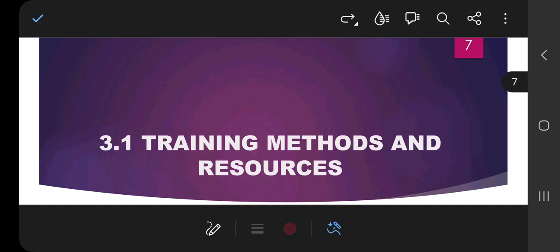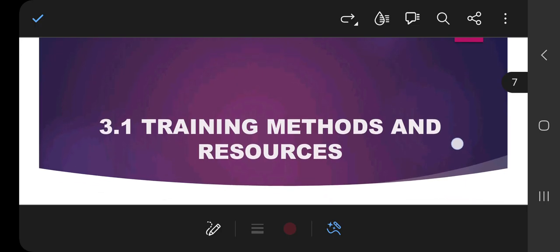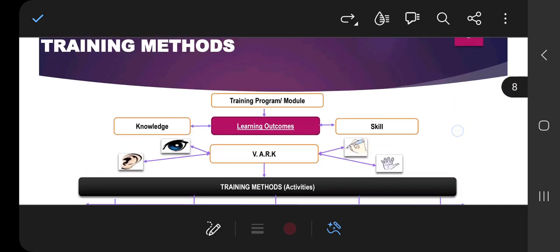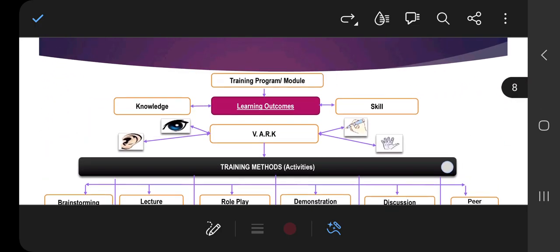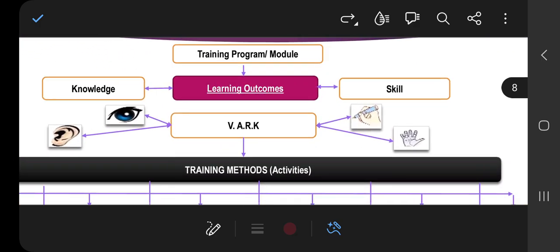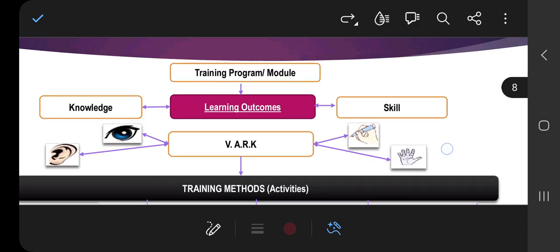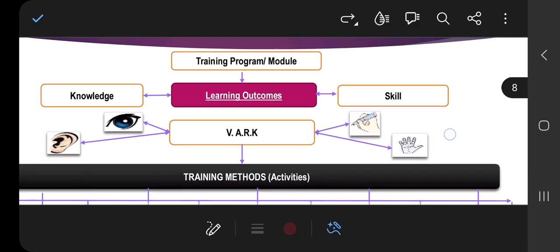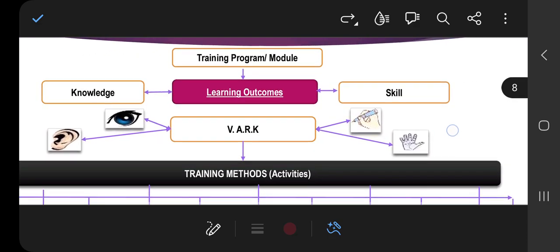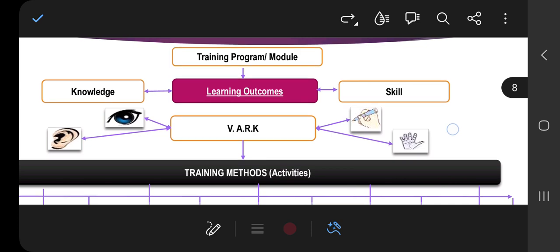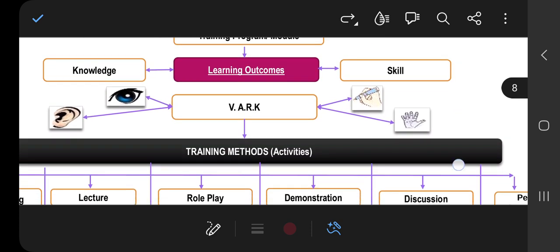Okay, now a quick one just to help us connect. The training methods and resources have a different outlook in this case. Now remember, from the beginning we said cascade everything from the learning outcome, plan and link appropriately to have an effective learning outcome. That's what you're going to see in most cases. From the program point of view, the learning outcome development is crucial. Remember from module number 2. So this learning outcome